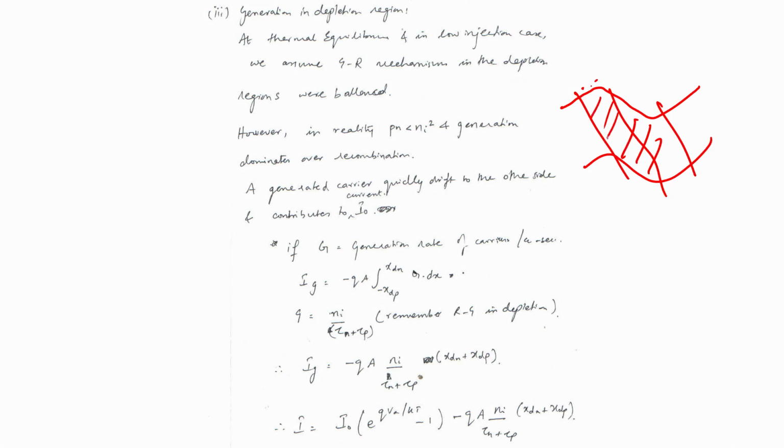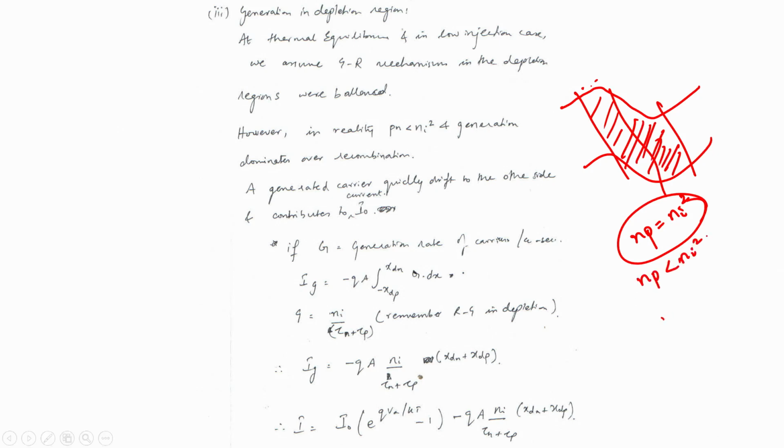In this depletion region, if you look at the equilibrium condition in a semiconductor, your NP is always Ni square. That is your mass action law, but since this region is now depleted, your NP is less than